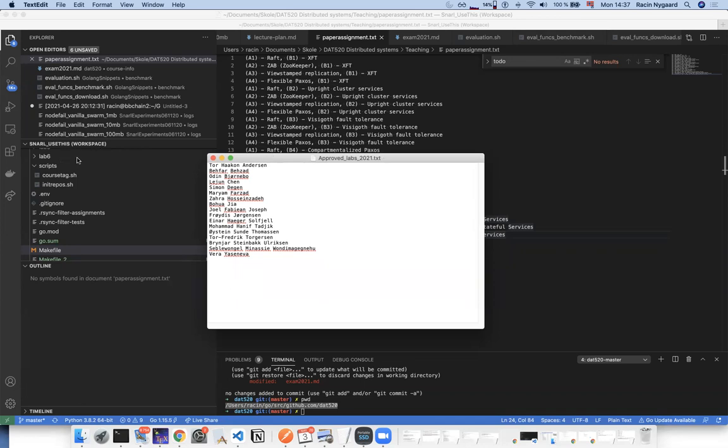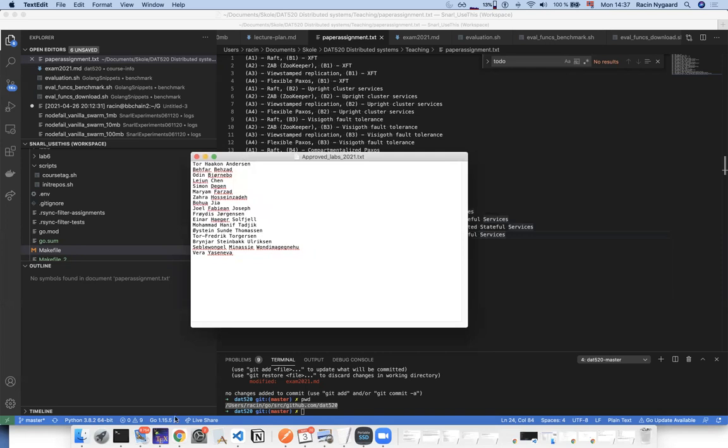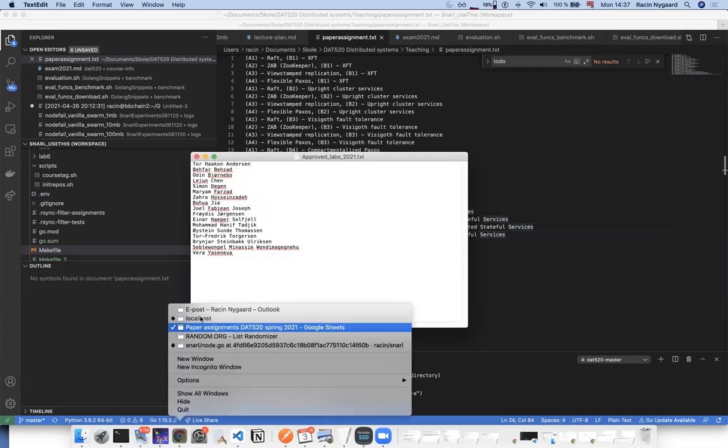Anyway, I posted this list on Discord and also on Canvas. So if you know who might be missing, or someone asks you about this, just tell them to reach out so that we can assign them